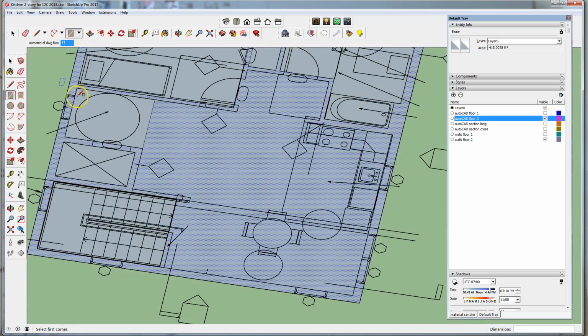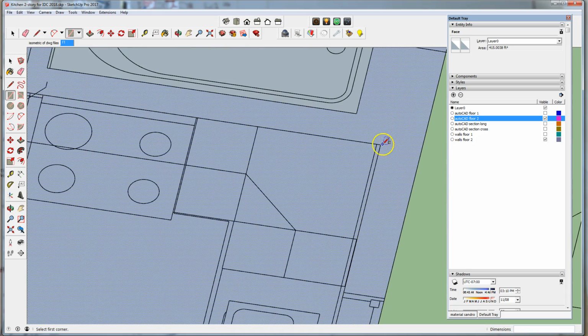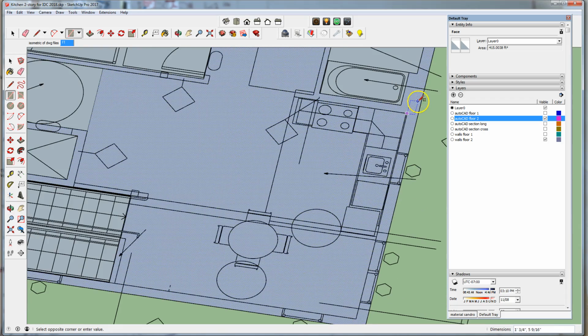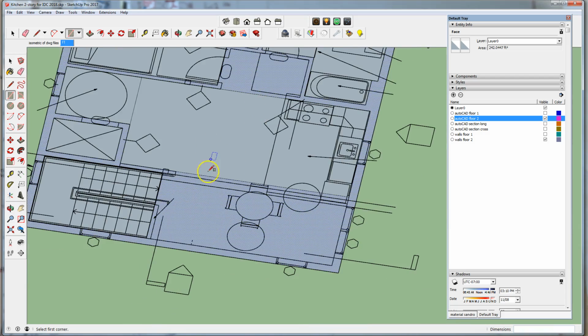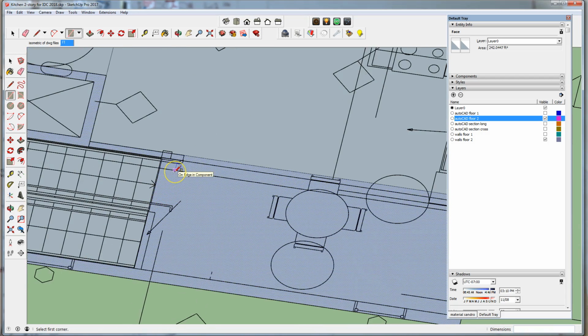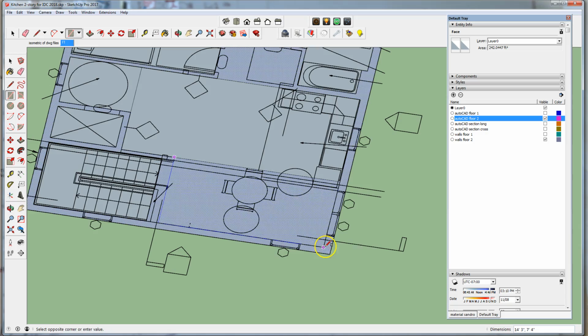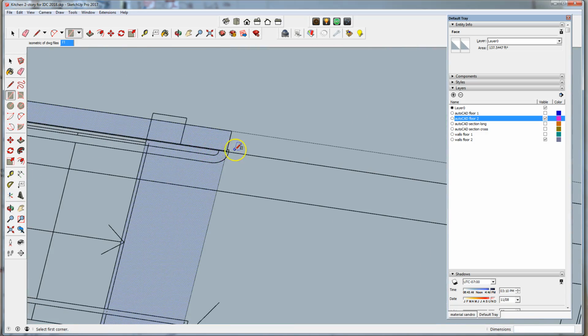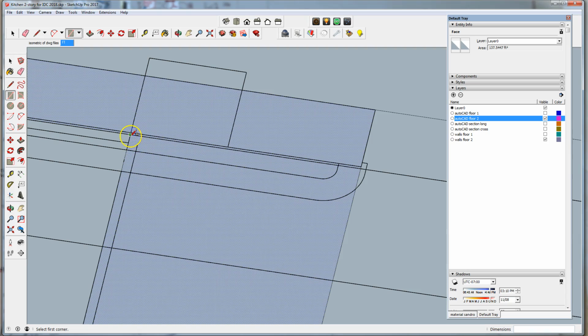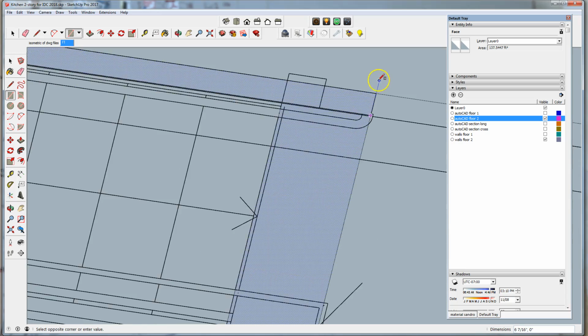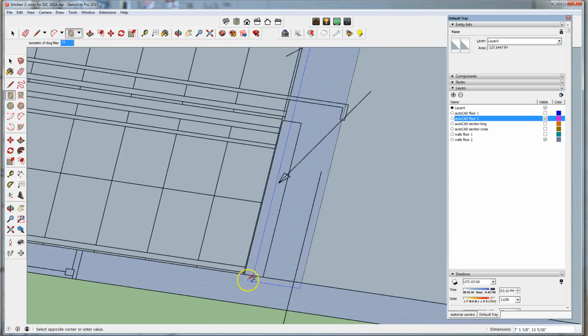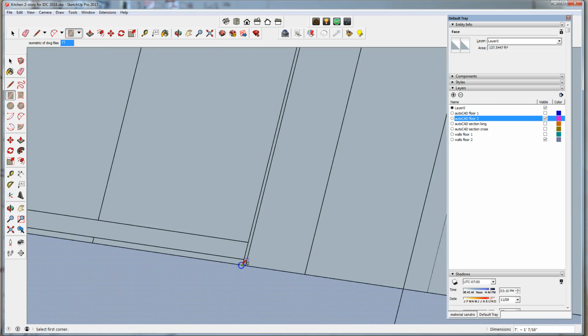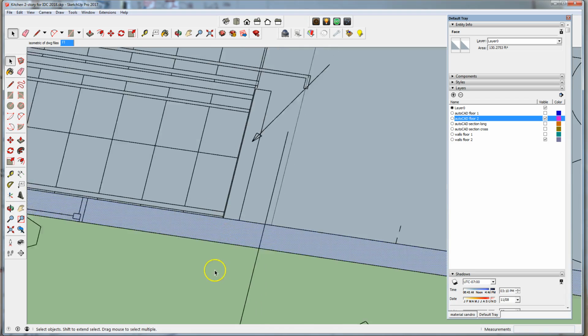I will pause this video after I've created the outlines for this area. That extra line may be the thickness of the finish on that wall surface. So that once I've done all that,